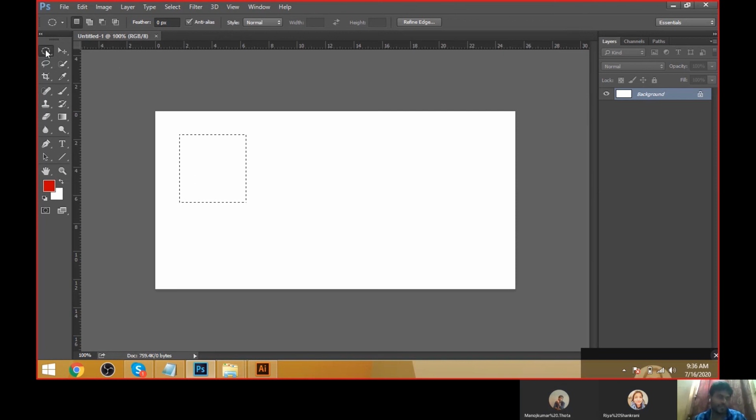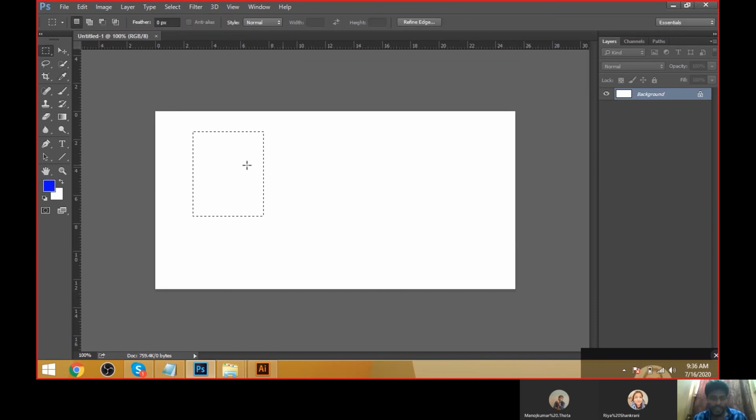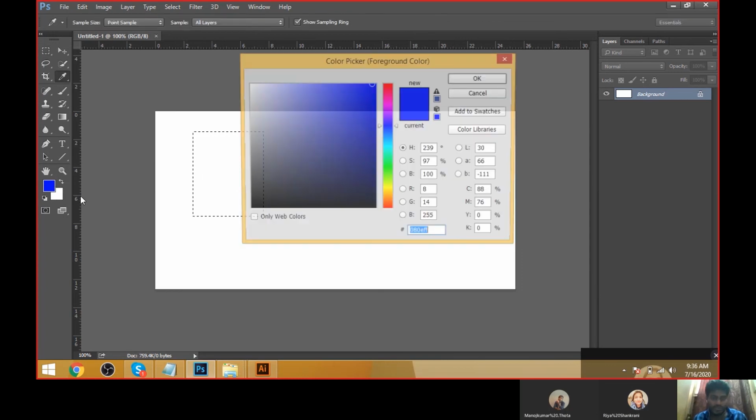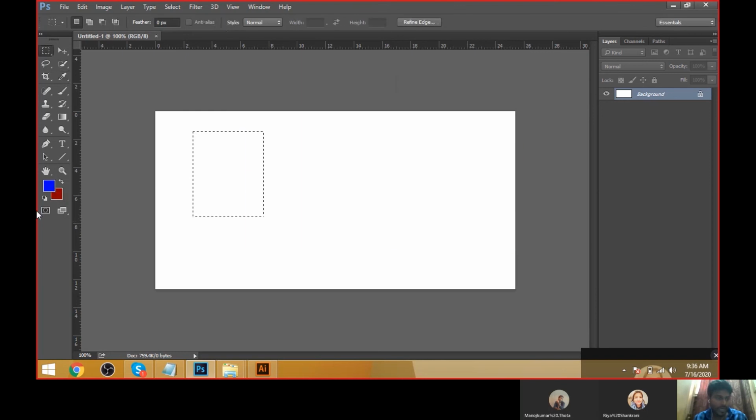Now first of all let's see the rectangular marquee tool only. I'm just selecting like this and selecting the color, and I'm just taking that. Here we have a docker window. These are called two colors. One is the foreground color and the second one is the background color. And the first color is to be applied to this box, the upper color. What should we do?